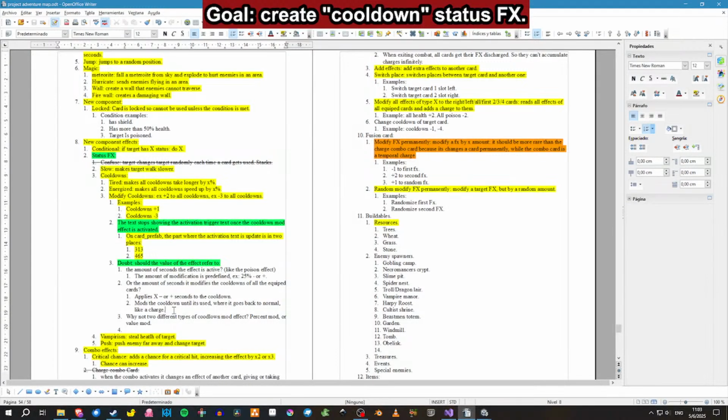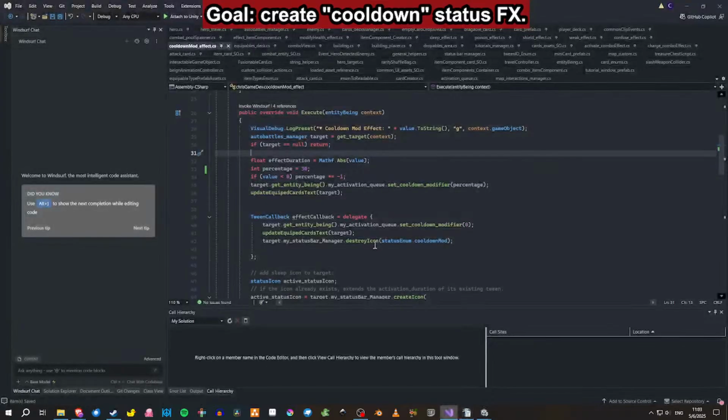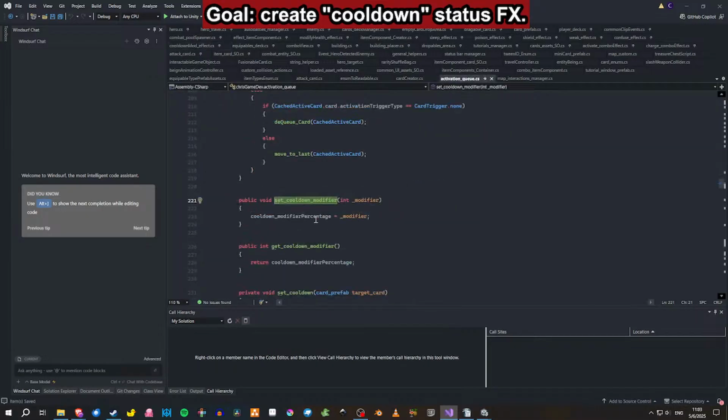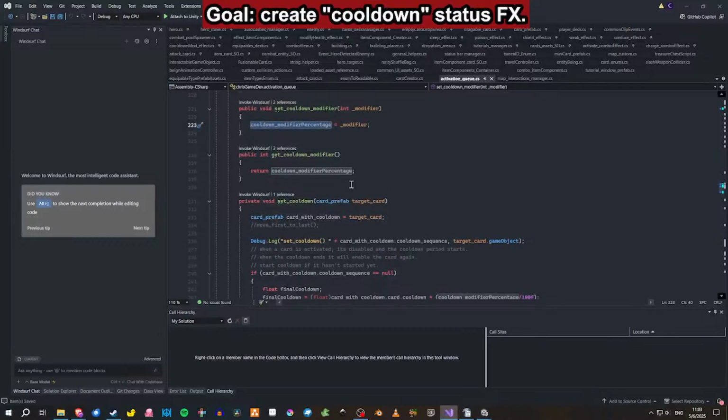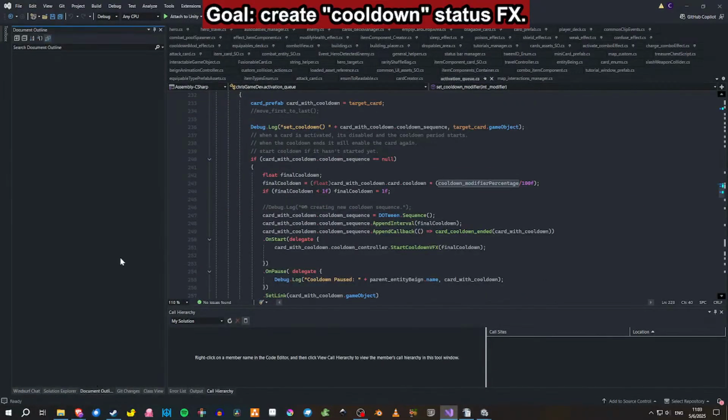So this is another type of charge. So the cooldown modifier, I could change it here, for example,